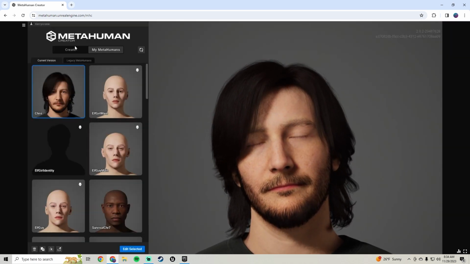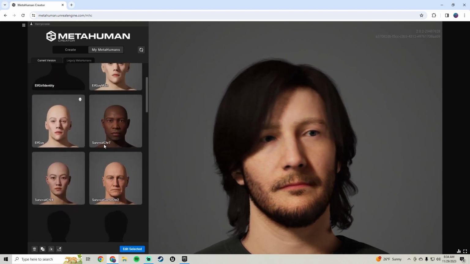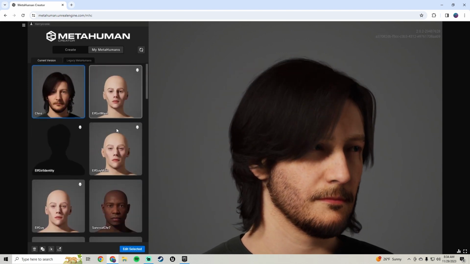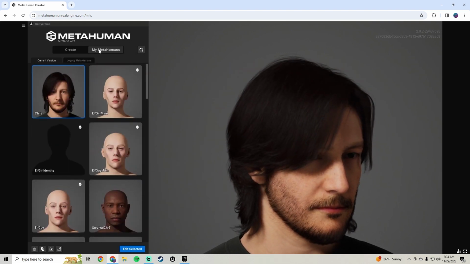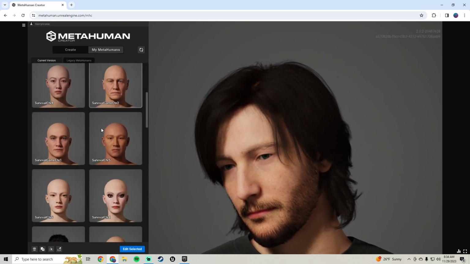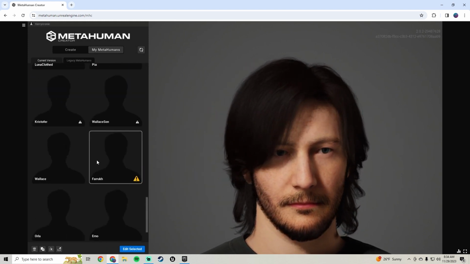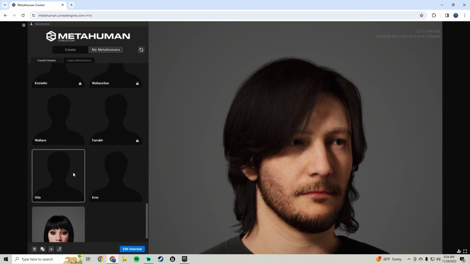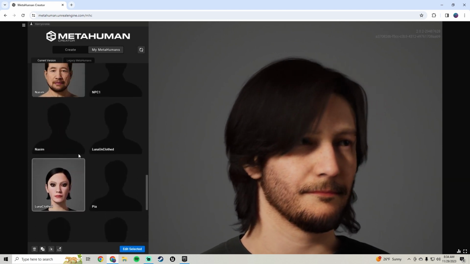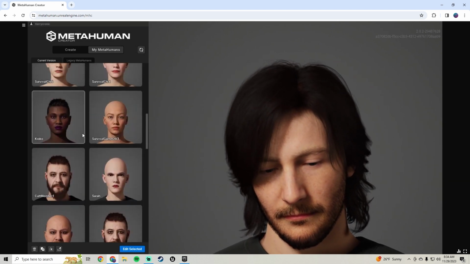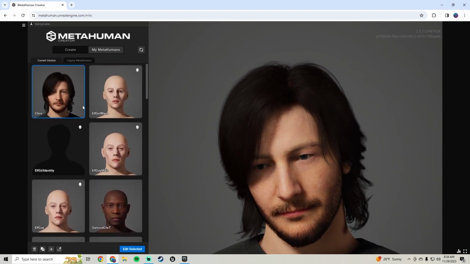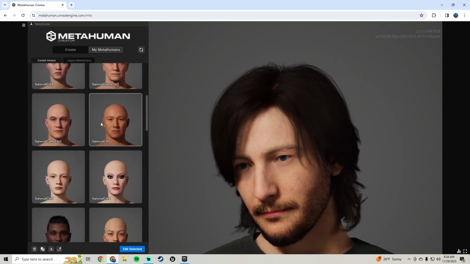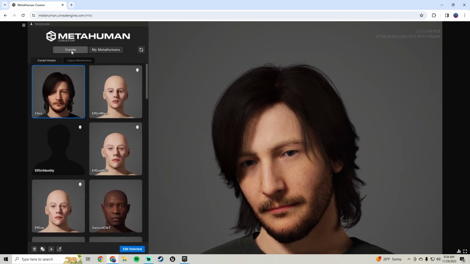Alright, so once you're in, you'll be hit with the page. I'm not sure how this works if you don't already have metahumans made. I'm guessing this tab is still there, but it's probably empty. But these are a bunch of metahumans that I have made. A ton of metahumans. I've definitely done a lot of stuff in here. But yeah, if you want to make one, you just go to the create tab,